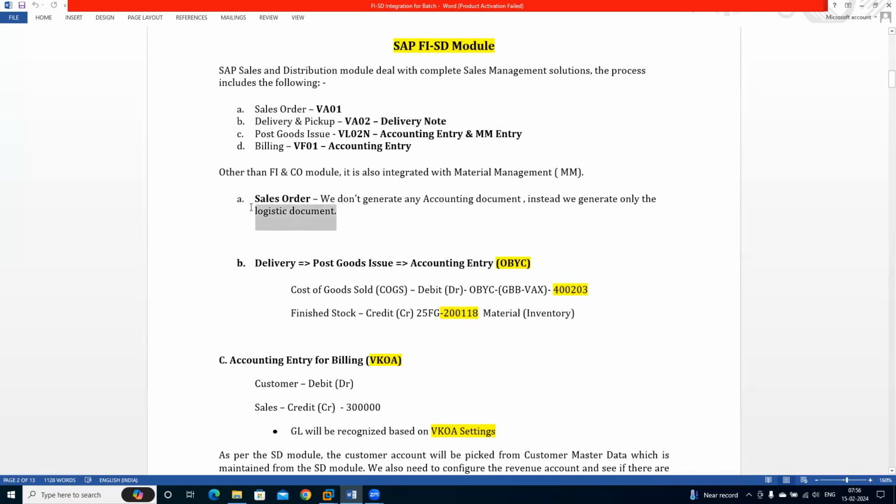Any entry that happens during the creation of a sales order? No. A sales order is just a legal document. Any entry that happens when we create a purchase order? No, because that's also a legal document. Sales orders and purchase orders will not generate accounting documents or accounting entries. They generate only logistics documents, in the sense, some legal documents. And for delivery, you have to do the delivery, PGI, and the accounting entry will happen. I told you when you issue the goods, the entry is,